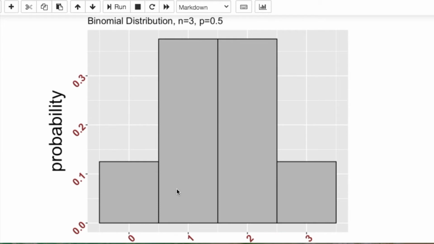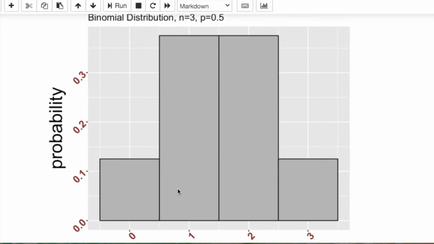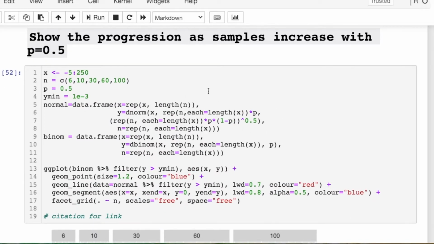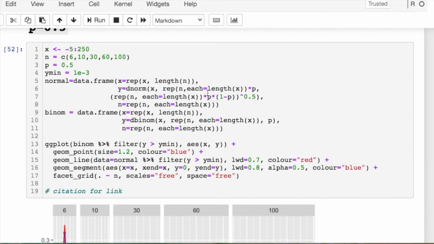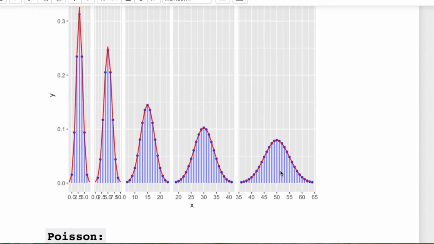Here's our binomial distribution with n equals 3 and a 50% probability, or 0.5. All right, looks pretty typical of a normal distribution. Let's see what happens when we start varying the number of n. Keeping with the 0.5 for the probability, we notice something. As n increases, it looks more like a normal distribution, okay? Which would mean that our standard deviation and our mean will change.